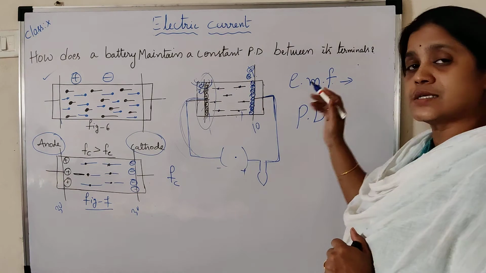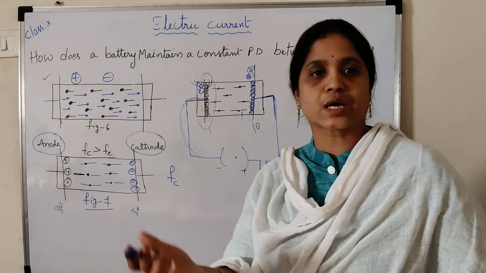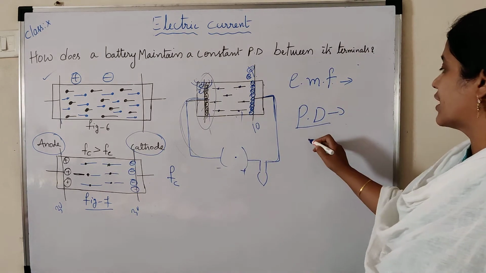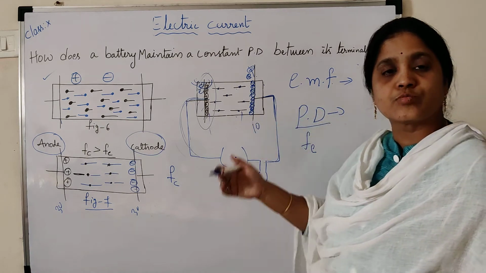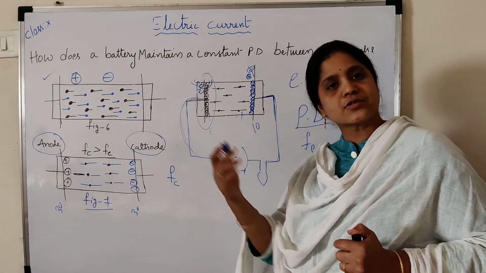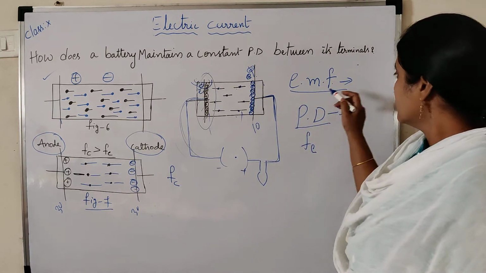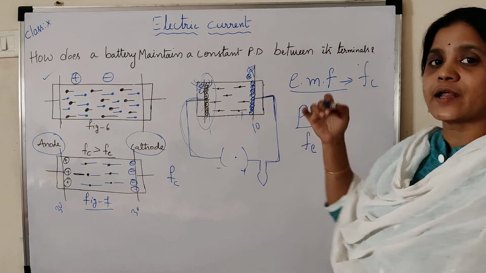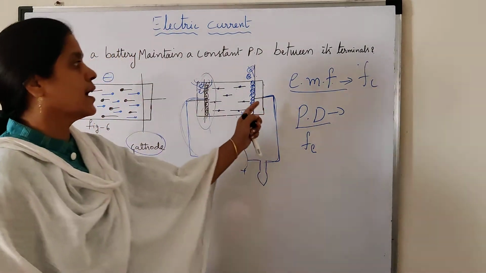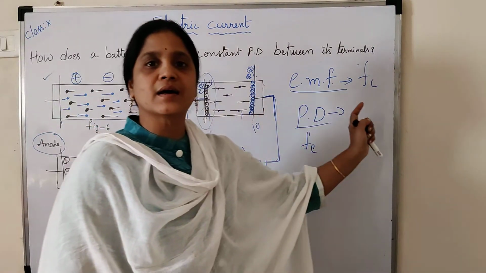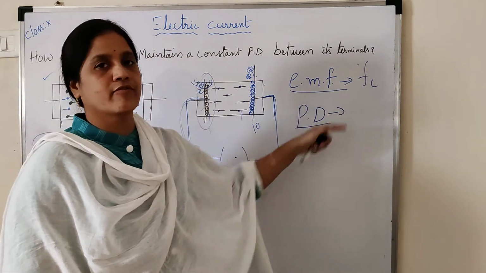In both cases, charges are moving from one place to the other. To move those charges, force is required. For potential difference, electric force is acting on the charges to move them from one place to the other, and work is done by the charges. For EMF, chemical force is acting on the charged particles, and due to that they move and work is done by the charged ions. That is known as EMF.